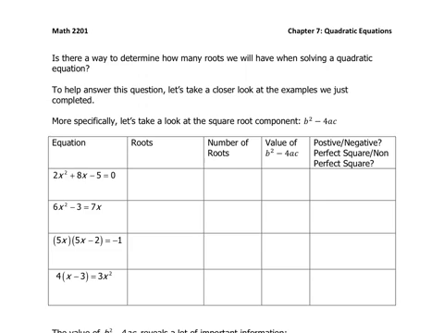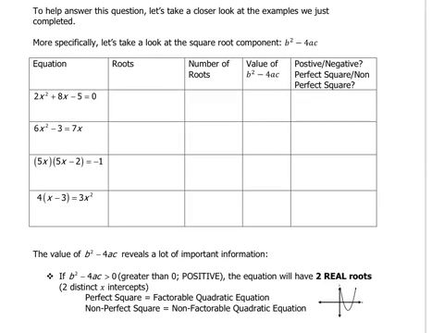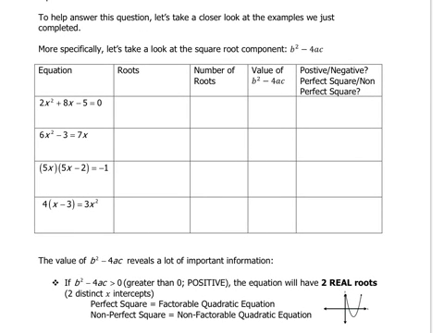So the first one we solved was 2x squared plus 8x minus 5. If I look back at the solutions for that, the roots were x equal to negative 2 plus or minus the square root of 26 over 2. So there were two roots, negative 2 plus root 26 over 2 and negative 2 minus root 26 over 2. Now the value of b squared minus 4ac was not originally 26, which is what's under the root sign there now. It was actually 104